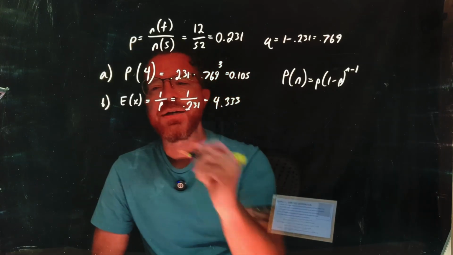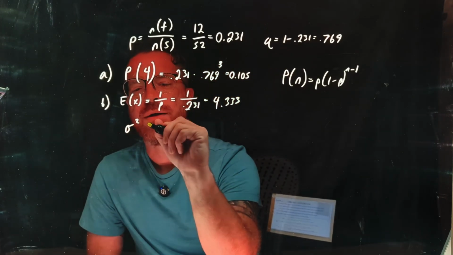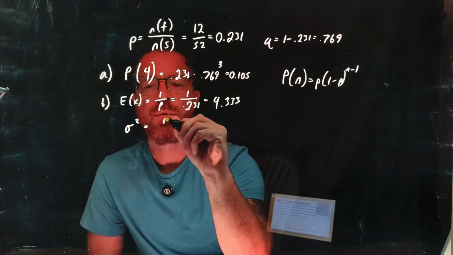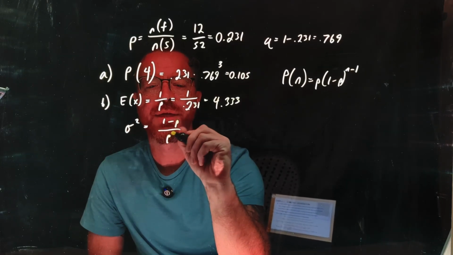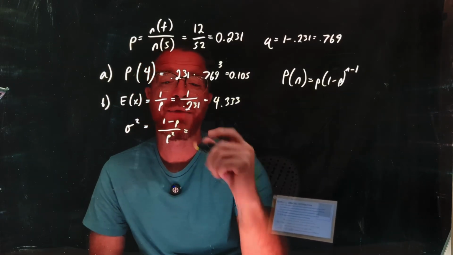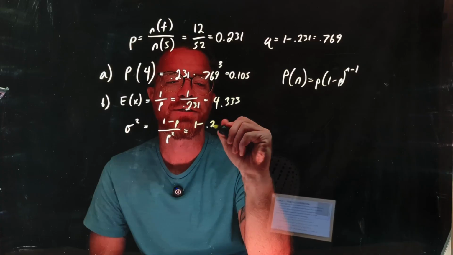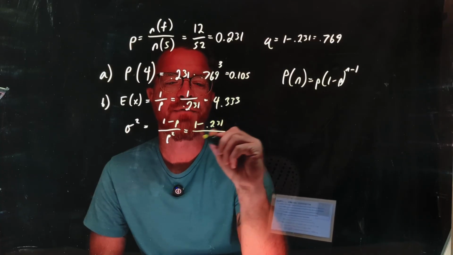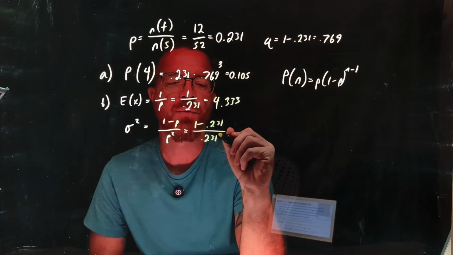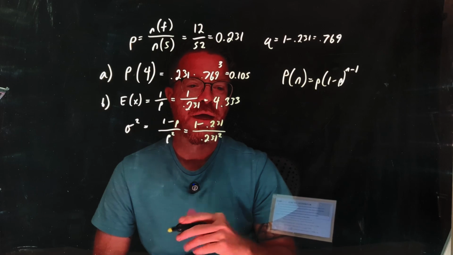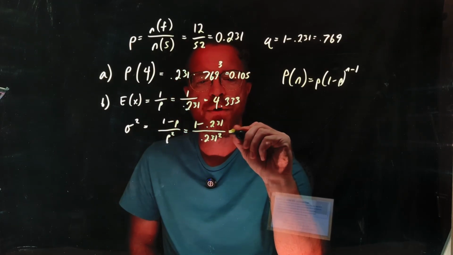Okay, so now for variance, we have sigma squared equals (1 minus p) over p squared, and we just plug in our p. So we get (1 minus 0.231) divided by 0.231 squared. And this is going to be equal to